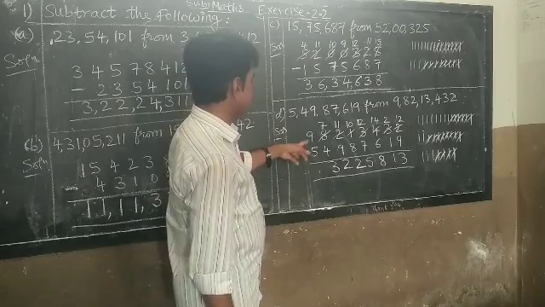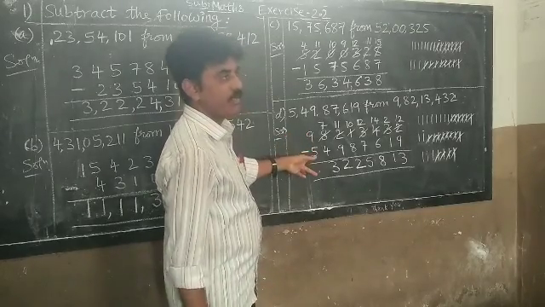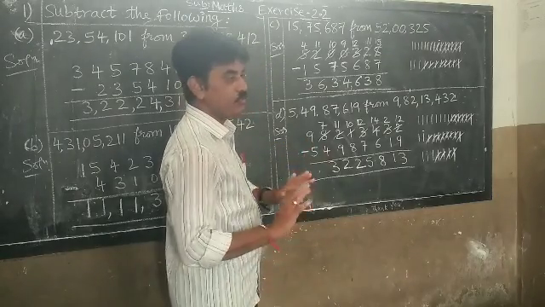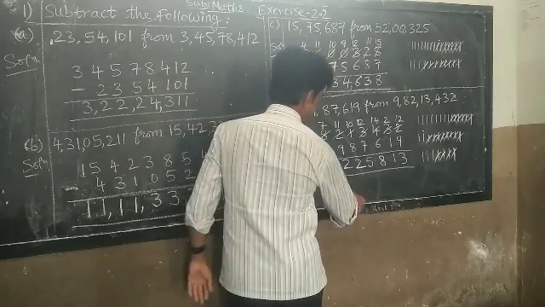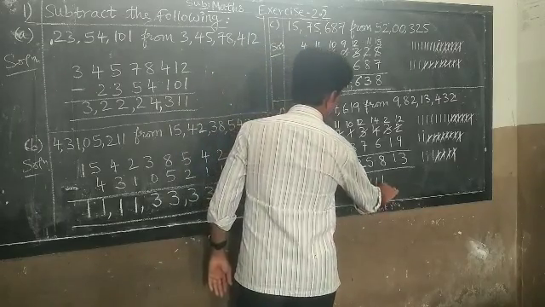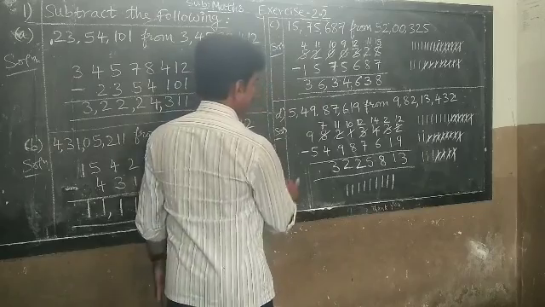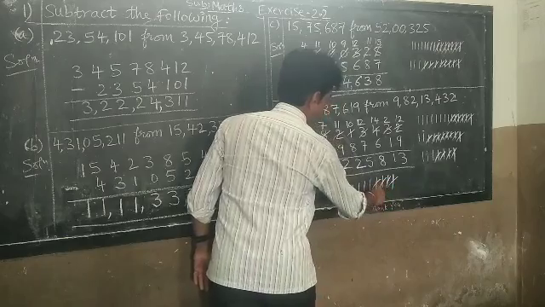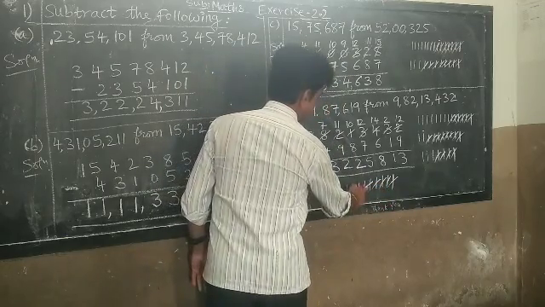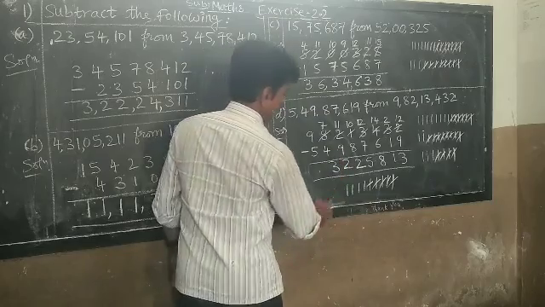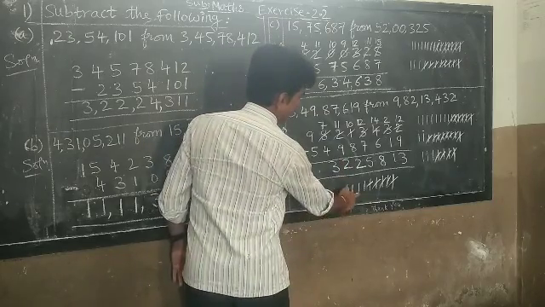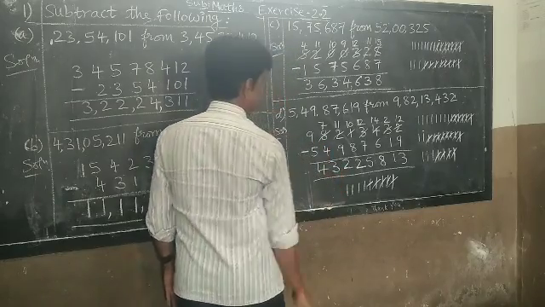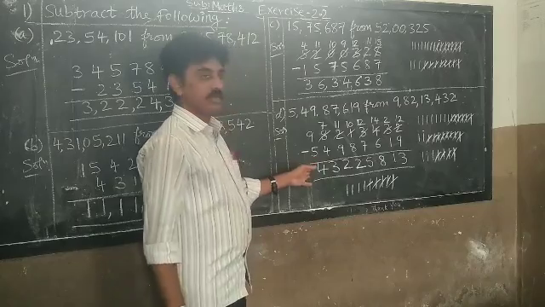Next 9 minus 5. Again 9 is big number. Down small number. Subtraction is possible. So 9 minus 5. Out of 9 you have to remove 5. Draw lines like this, 1, 2, 3, 4, 5, 6, 7, 8, 9. After drawing 9 lines, minus 5. 5 lines you have to remove, 1, 2, 3, 4, 5. Isn't it? 5 lines cut. Still how many lines remaining? 1, 2, 3, 4. So 4 lines remaining. So 9 minus 5 is 4. This is how you have to do subtraction.